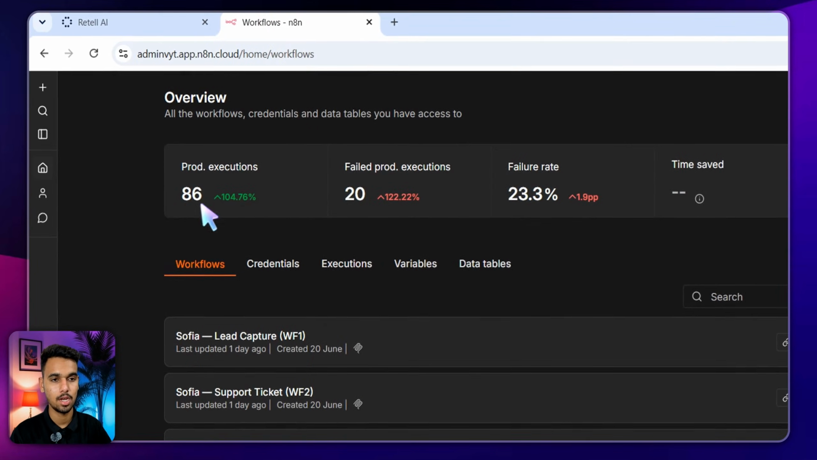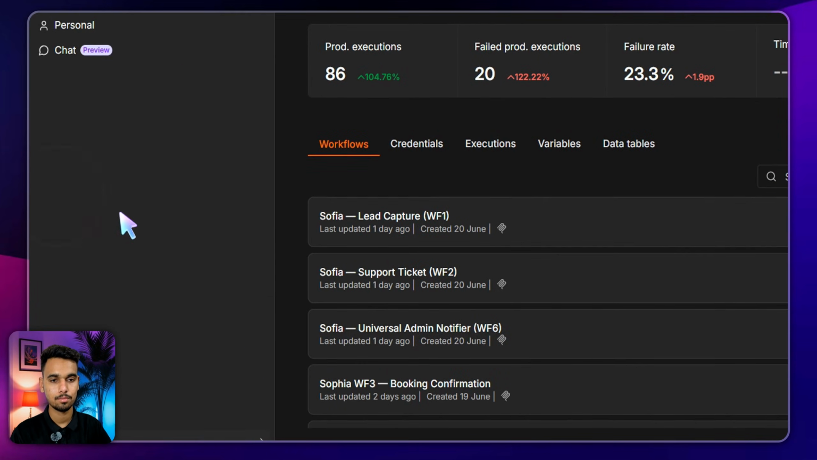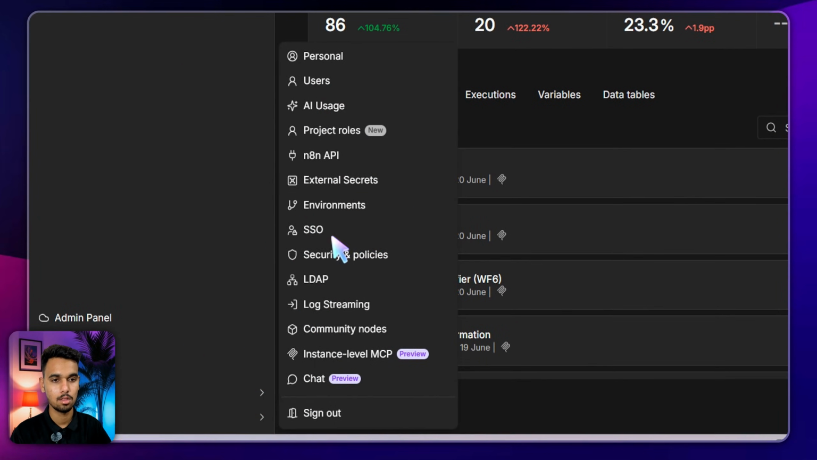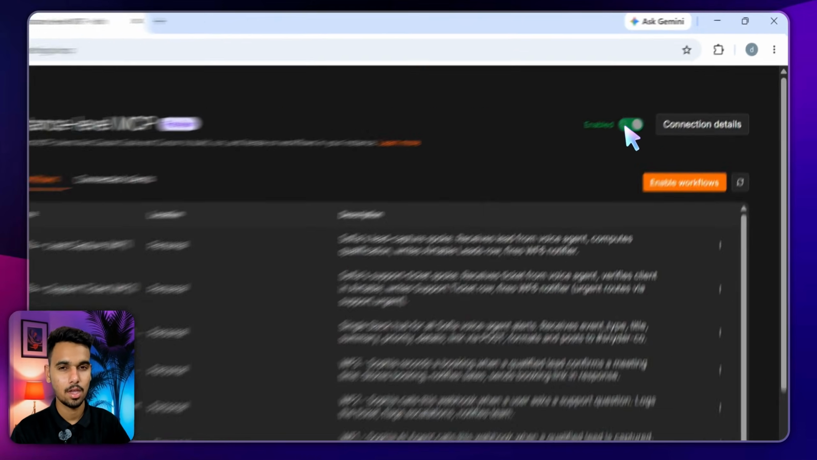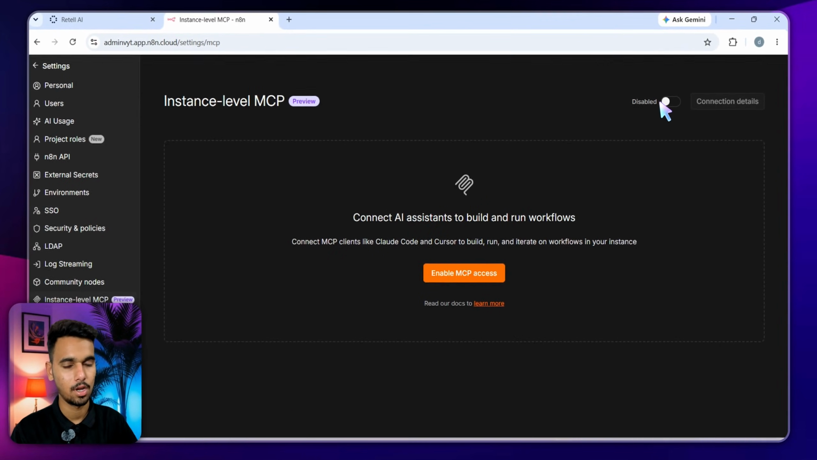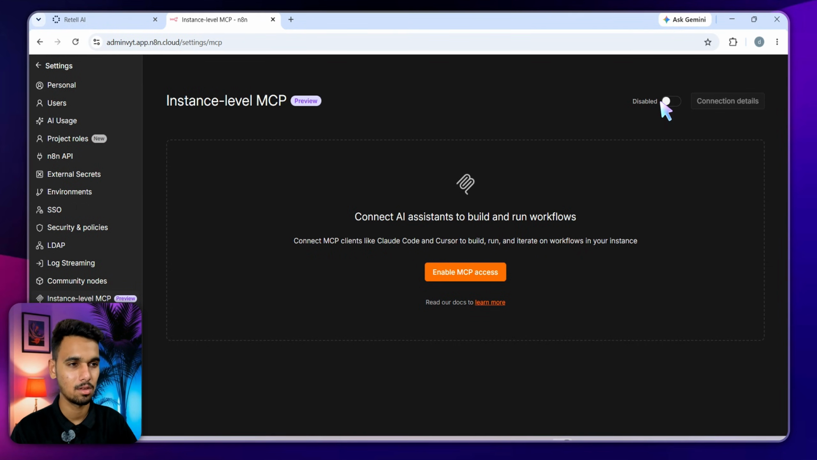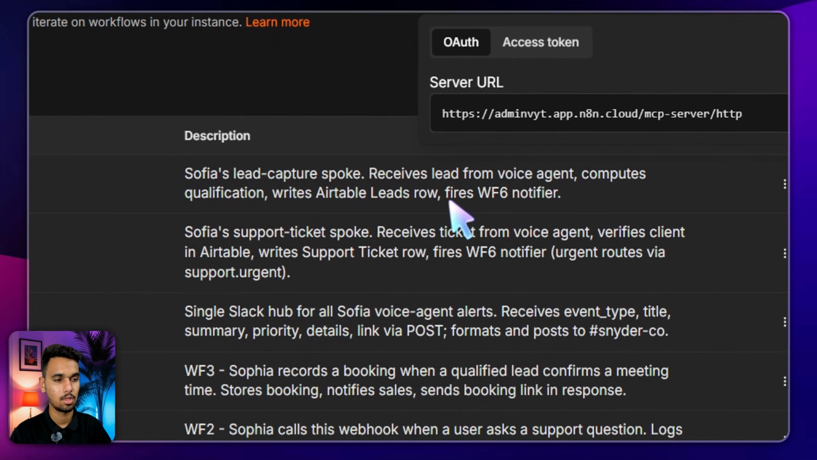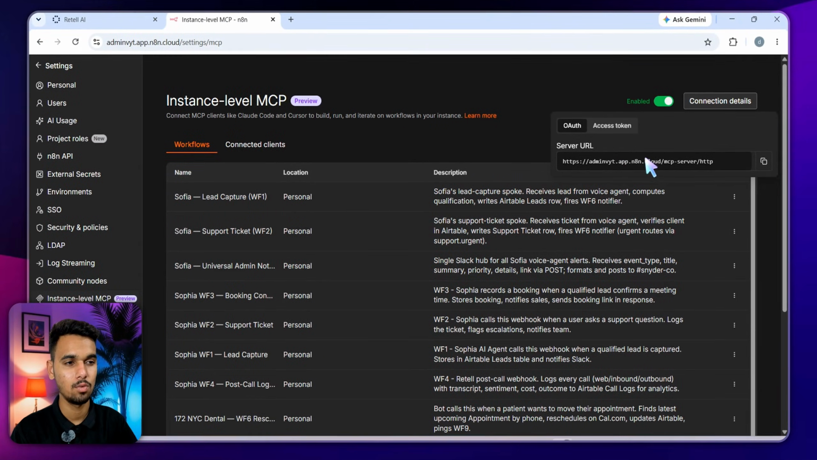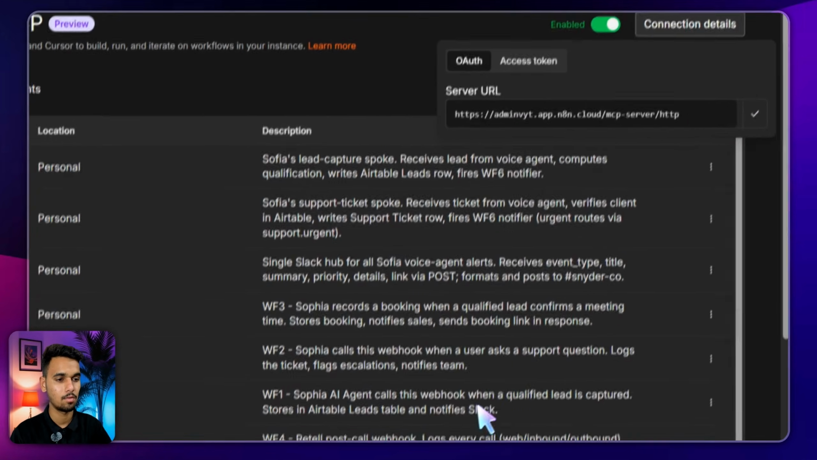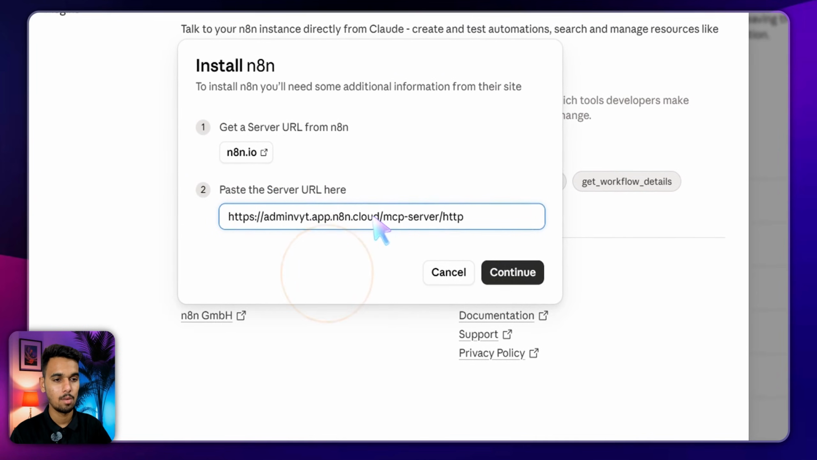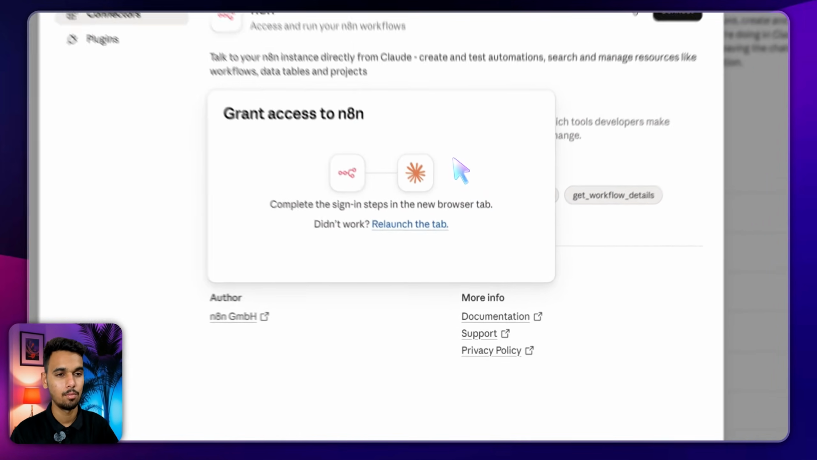Okay, so come inside your Anatom account, and here you basically have to click on settings, and here you will find an option that says instance-level MCP. Click on that option, and in your case, this will be disabled by default. So what you have to do is click on this enable option. Once you click on that enable option, you will get your server URL on the right side in this pop-up window. So make sure you copy this server URL right here, go inside Claude, paste the URL, and when you click on continue,